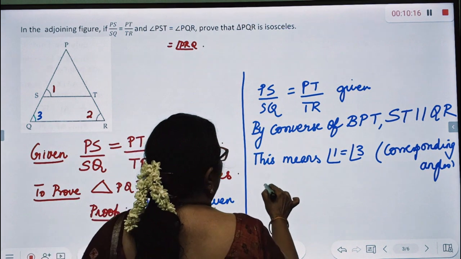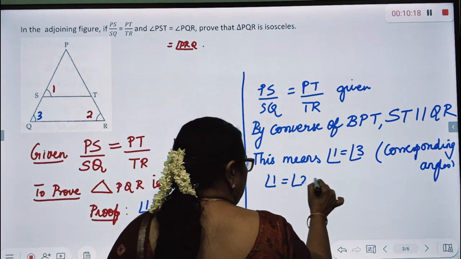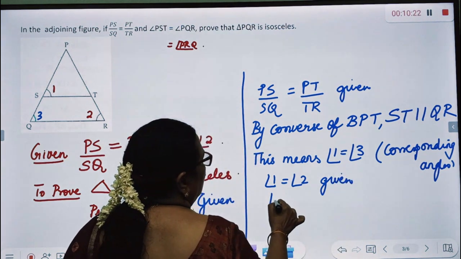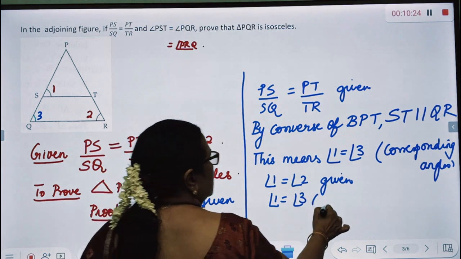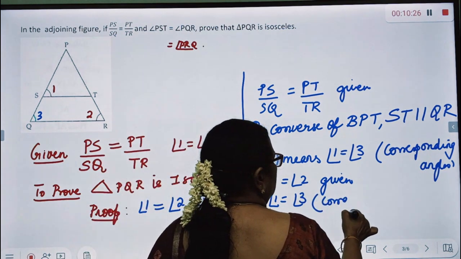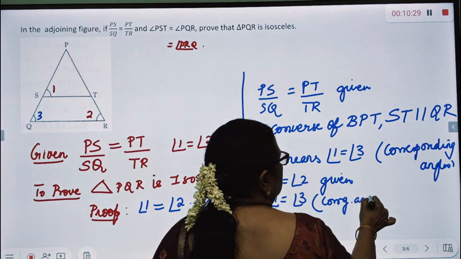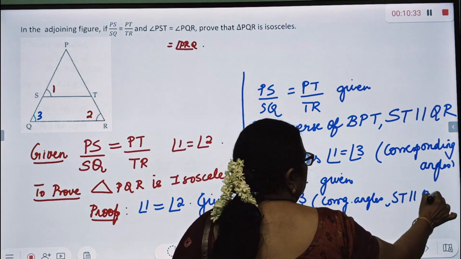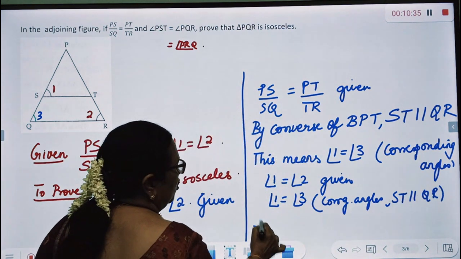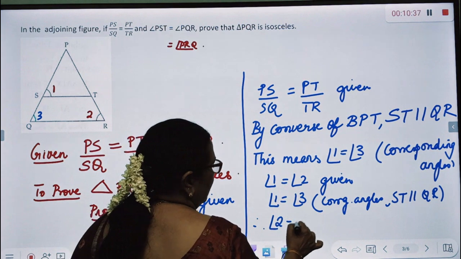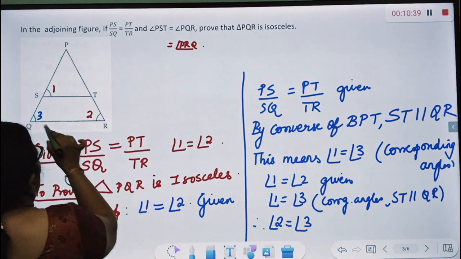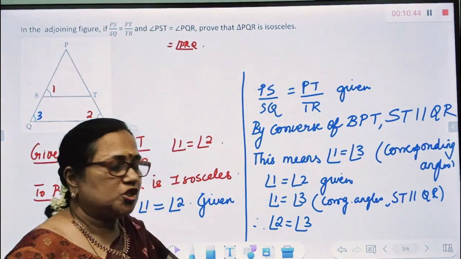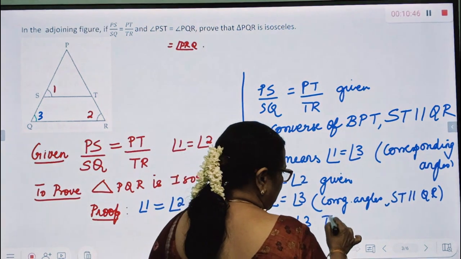So, angle 1 equal to angle 2 given, and angle 1 equal to angle 3 because they are corresponding angles, and because ST is parallel to QR, therefore angle 2 equal to angle 3. If two angles are equal in a triangle, the sides opposite to them are equal. This implies,